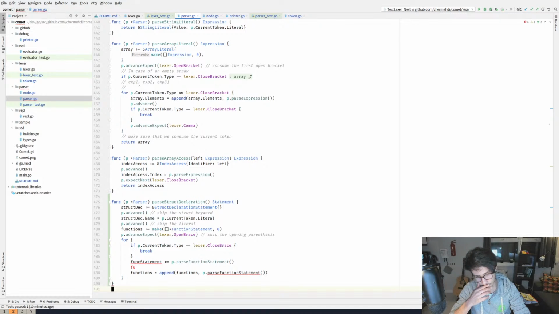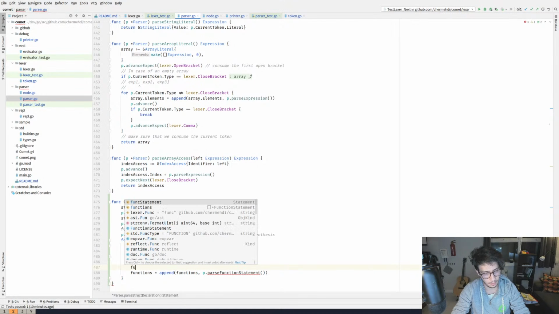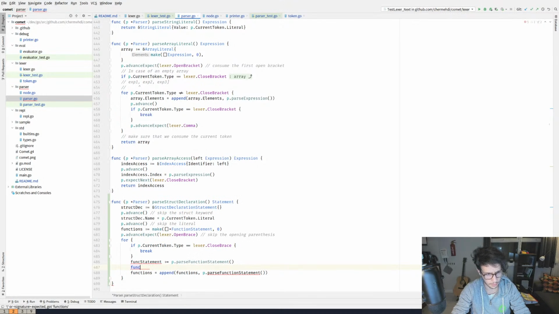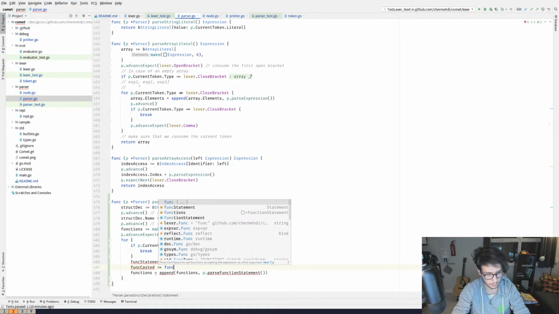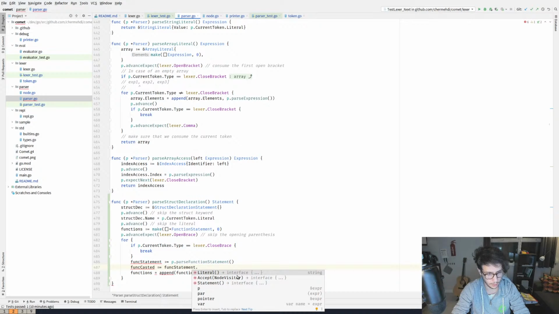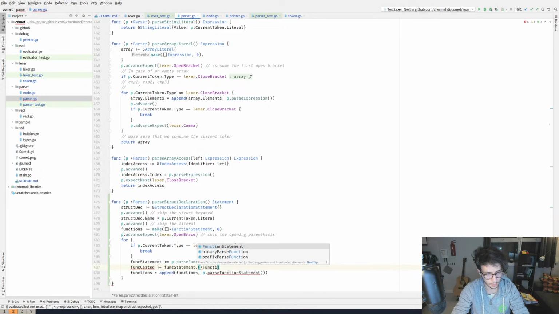So if we parse the function statement, I'm not too inspired about the name right now, so we need to cast this somehow. So func statement dot func statement. Okay.